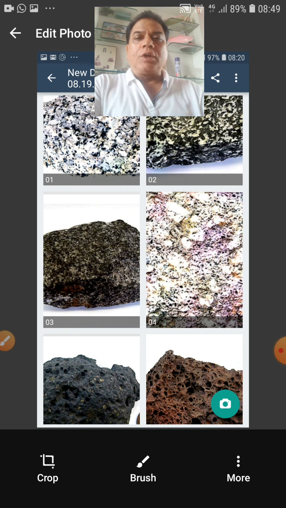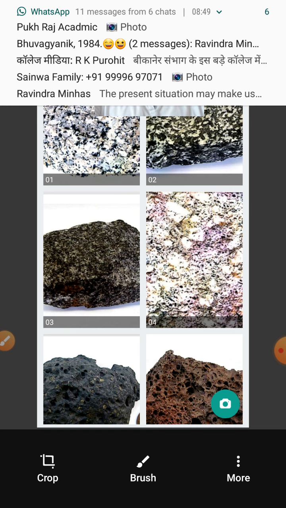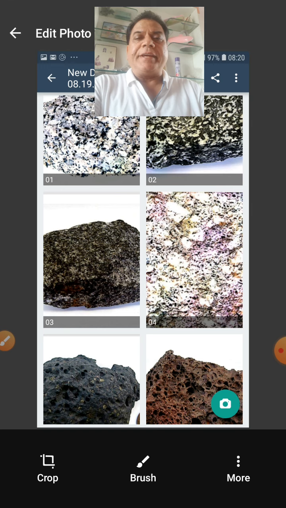Now you all know that rocks are named on the basis of texture and mineral composition. These are the two criteria to name a rock. As far as texture is concerned, texture is the resultant of the cooling history of the rock. The plutonic rocks, as they crystallize deep seated, have coarse grain size. Once we say coarse grain size, it means their grains are more than 5 mm in diameter.